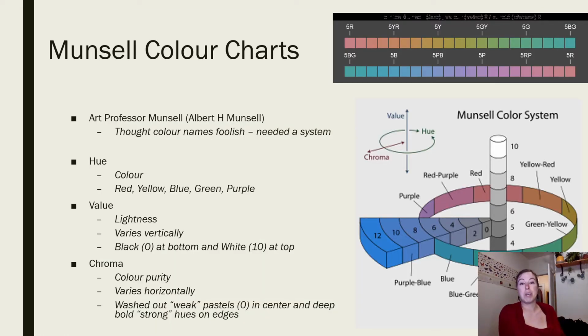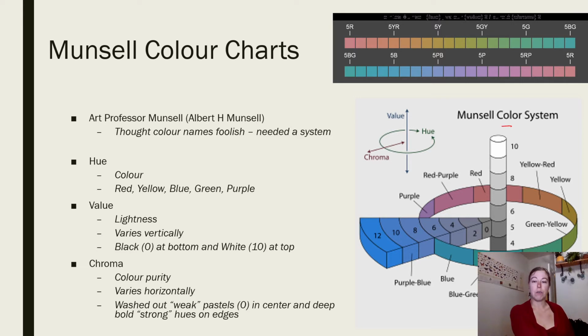Color is one of the key ways we identify soil profiles. So Munsell was just an art professor who got tired of the idea that color was subjective, that he couldn't classify soils. Your blue was not his blue, or more specifically, what shade of blue are you talking about? He wanted all the colors to have a numbering system, so you knew exactly what color you were talking about. So he broke up all the colors into a beautiful scale diagram here, where we have the